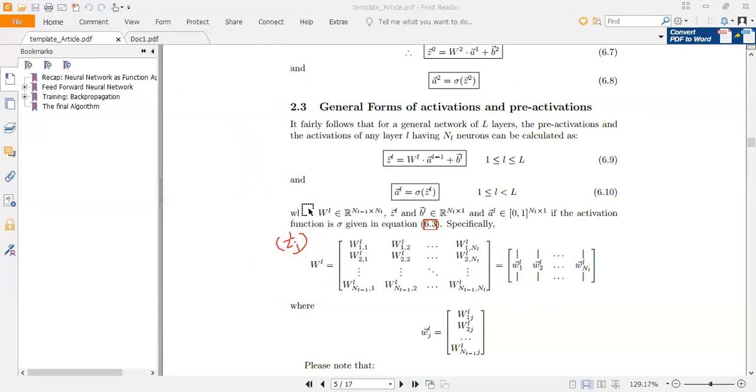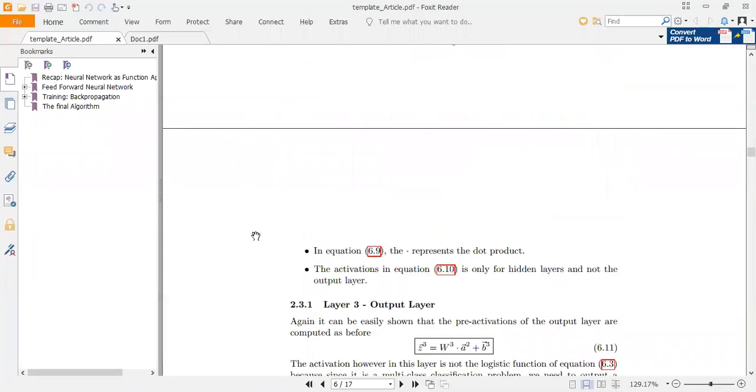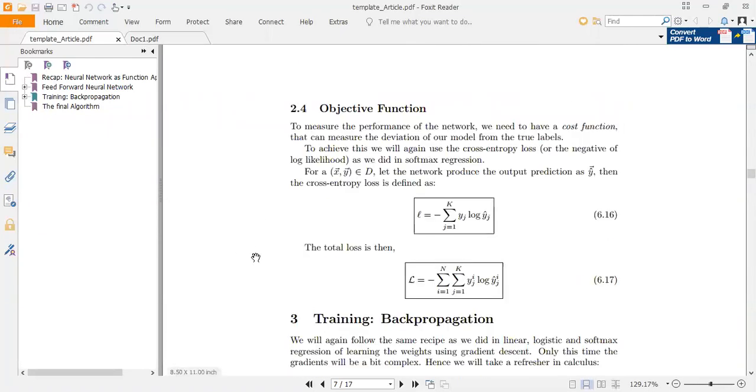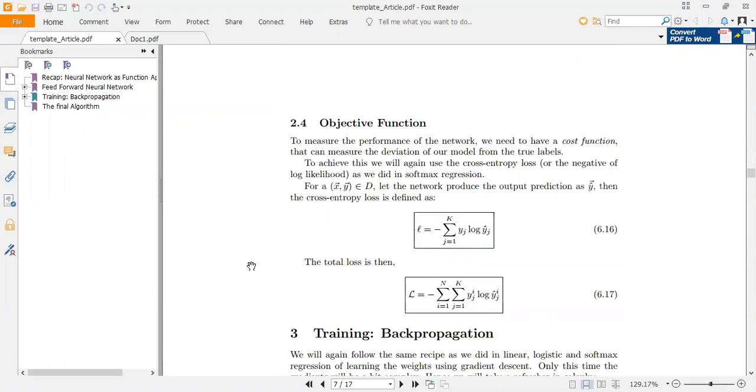This was just a recap, and finally we ended the last class with the loss function, because we need to optimize for the weights, we need to find the optimal weights. So we need to have this loss function, and we said that, like in the softmax regression, here also we have a loss function called the cross entropy. The only difference was that there we did not name it the cross entropy, because we took a different thing there. We took something called the log likelihood, and cross entropy is just the negative of log likelihood.